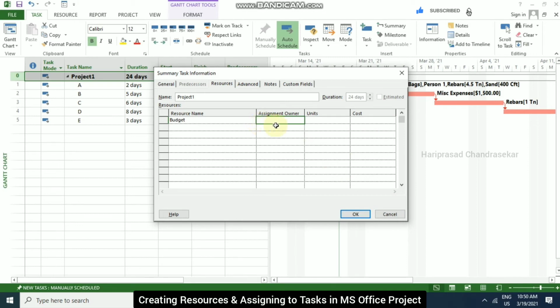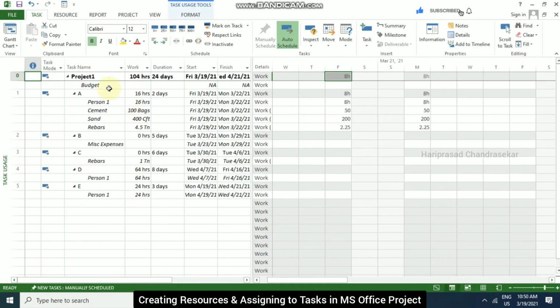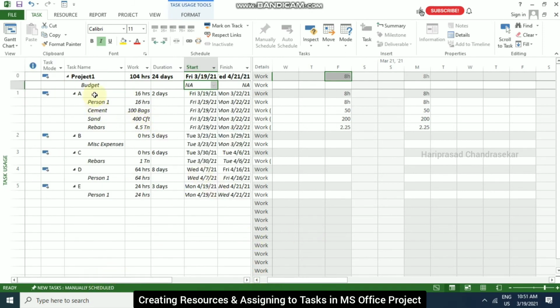Normally with a budget resource we can't input anything directly, like a cost resource. If you put it directly, it is similar to a cost resource, and they have some restriction. We can't put anything here. So here you have task usage, where you can go to budget and input the values. In this task usage, we can see how many hours each person works, or how much of the materials we have in our project. Even the details we can see here also.